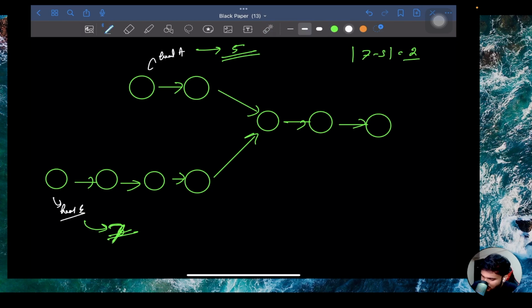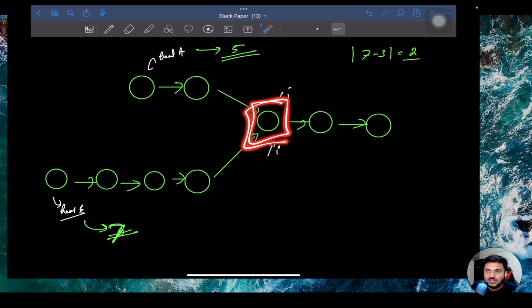Now what you can do is keep a pointer i and a pointer j. Now you know which list is bigger. Whichever is the bigger list, jump the pointer by that many positions. The list was bigger by 2 units, so I made the j pointer jump by 2 units. And now move both i and j together: i equals i.next, j equals j.next.